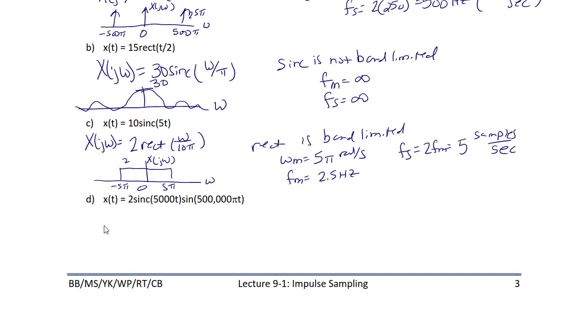D, x of t is equal to 2 sinc of 5,000 t times the sine of 500,000 pi t. So this is multiplication in the time domain. So to find the Fourier transform, it's going to be convolution in the frequency domain. So x of j omega is equal to 1 over 2 pi times the Fourier transform of 2 sinc of 5,000 t, which is 2 over 5,000 rect of omega over 10,000 pi